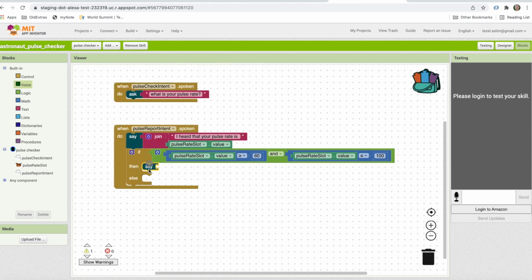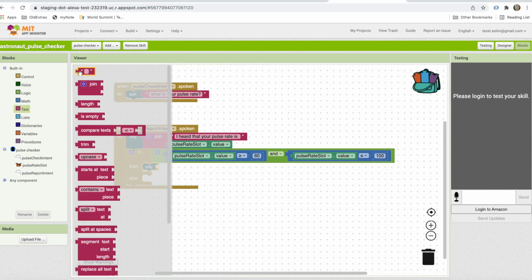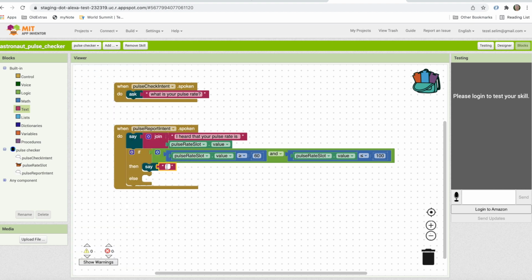So we're going to say, pulse rate is in healthy range. So this is the first response if the conditional is satisfied. And then I'm going to copy paste that. Otherwise, so if you got a value outside the range of 60 to 100, so you got 120 or you got a 50, we're going to say pulse rate is not in healthy range, and we're going to say